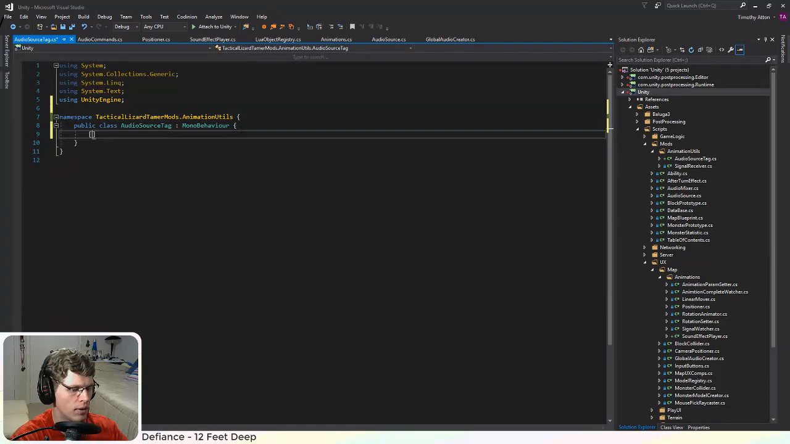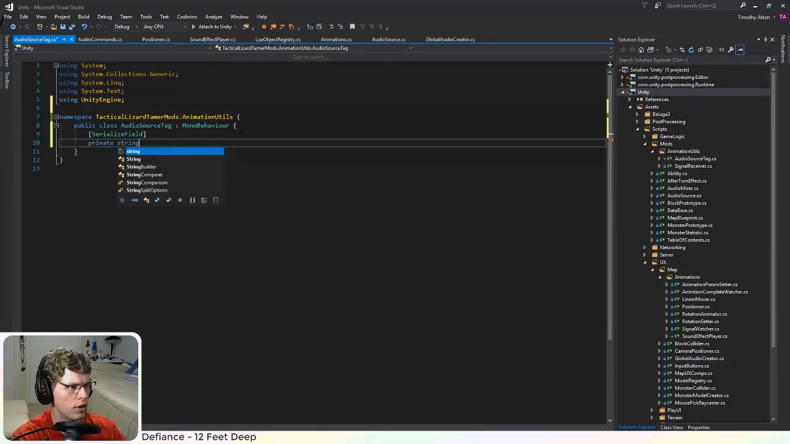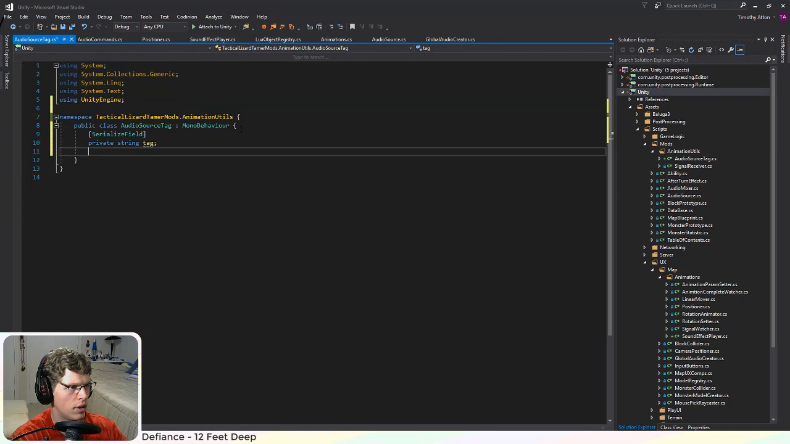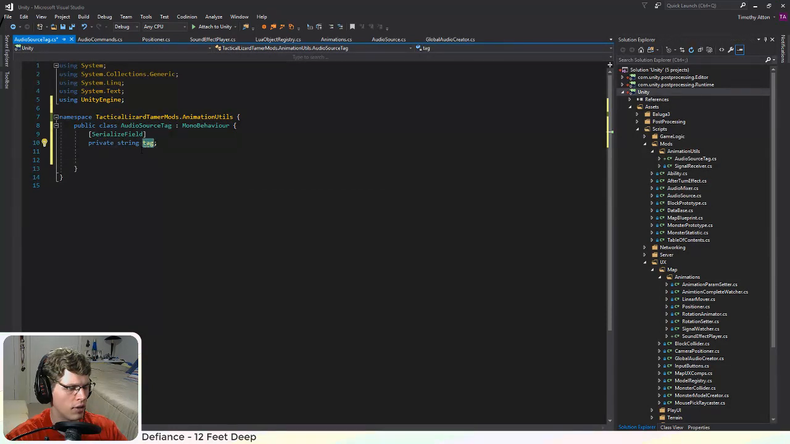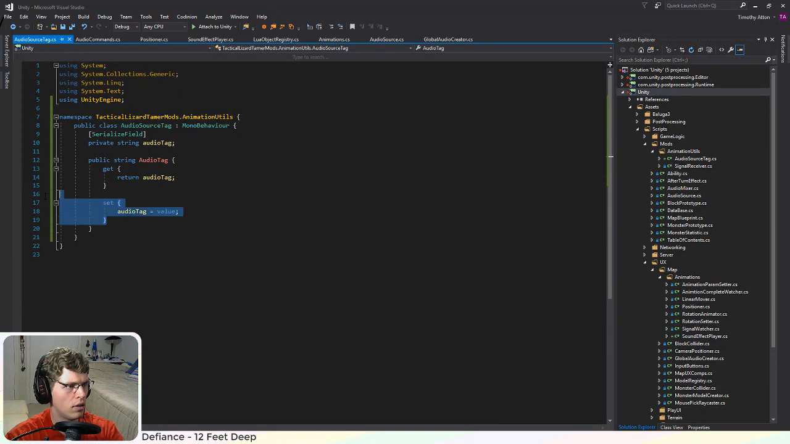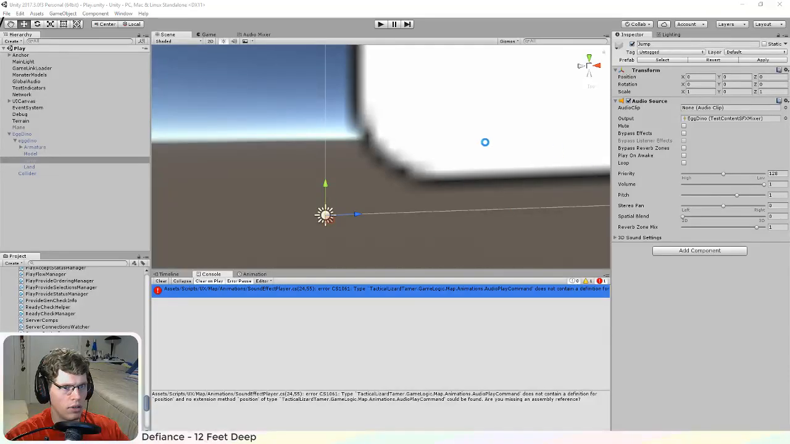And all this is going to have is a serialized field, private string tag. Oh, I can't use tag because Unity has a variable called tag already, so I'll just call it audio tag, I guess. And that's about it. So now if I add that here,